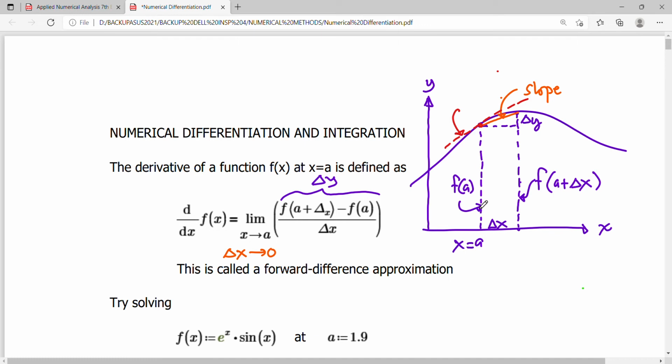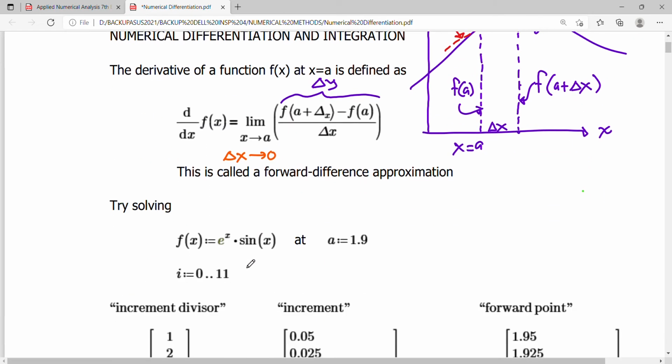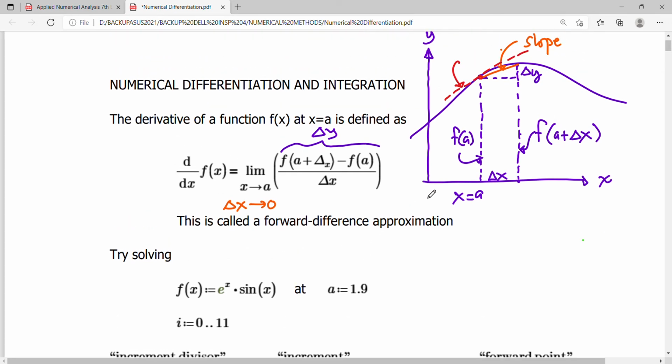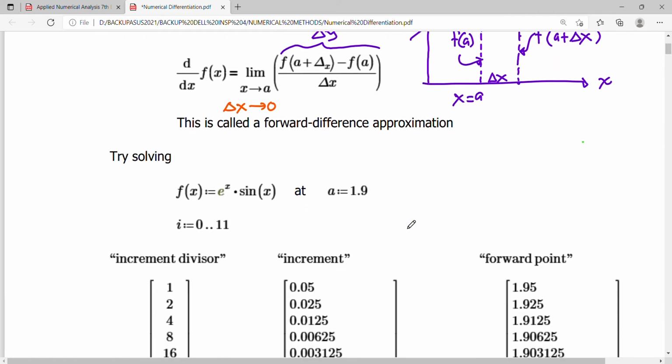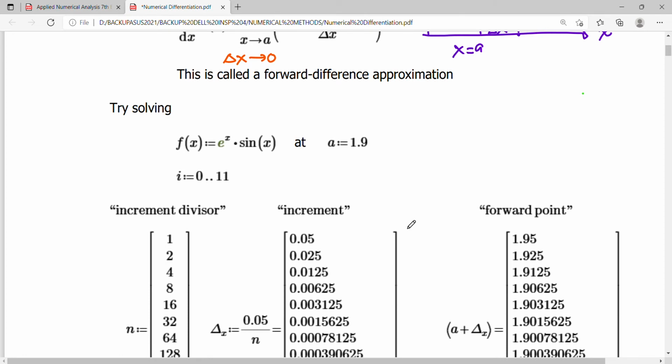Okay, and if we try solving this function here using the concept that I just gave you, okay, so we can make use of